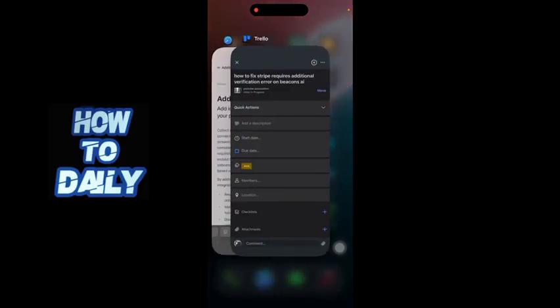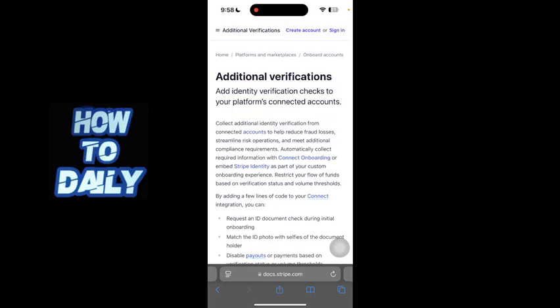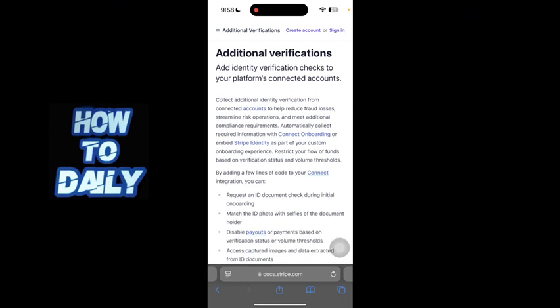Alright guys, so you don't really need Backend's AI for this. To fix the additional verifications error on Stripe, you have to collect additional identity verification from connected accounts to help reduce fraud losses. So by adding a few lines of your code to your Connect integration, you can request an ID document check